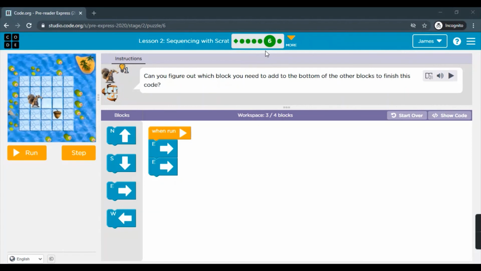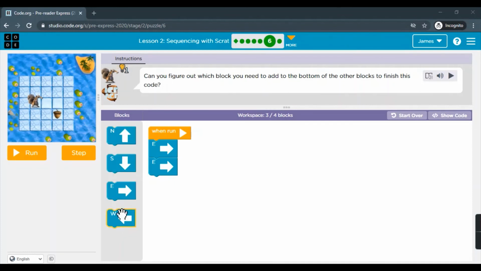In puzzle 6, let's read what we need to do. Can you figure out which block you need to add to the bottom of the other blocks to finish this code? Now, in this case, we need to solve this manually in our mind. So first is, scat will move to east one time, the second time, and then to get acorn, it will move to down.